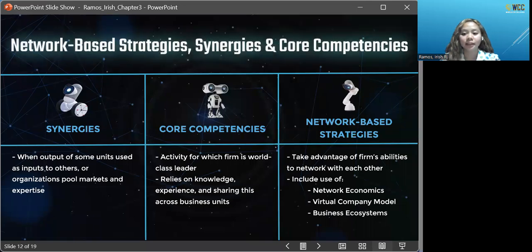Information systems can improve the performance of a large firm by encouraging synergies and core competencies, which can directly affect the firm's profit. Synergy is when two organizations pool their market and knowledge to reduce costs and increase revenues. Information technology can help streamline operations, reduce retail expenses, and boost cross-selling of financial products.